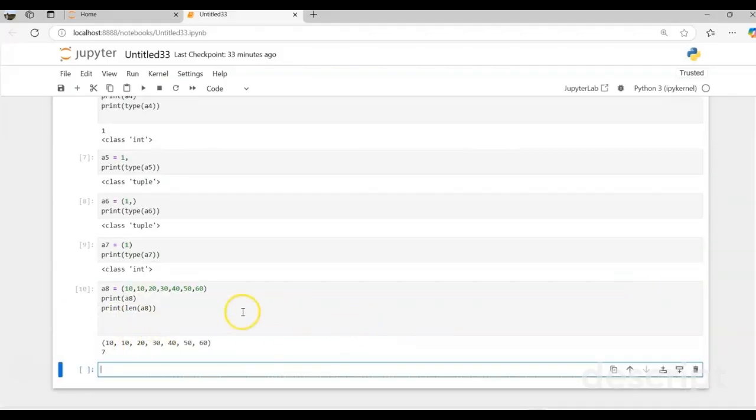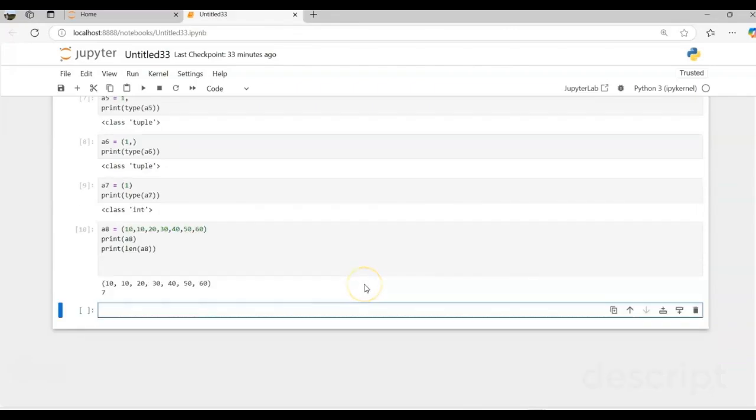Yes, it will be storing the duplicates also. But set can't store. Set won't store the duplicate values. We will be seeing that one when we are discussing set data structures, and we will move to the tuple